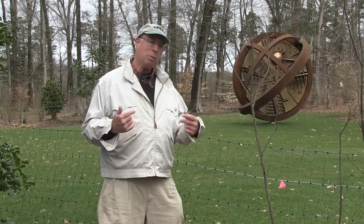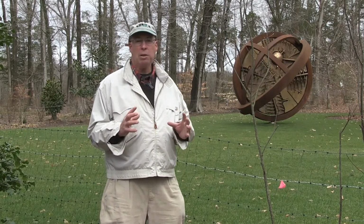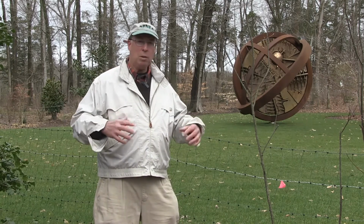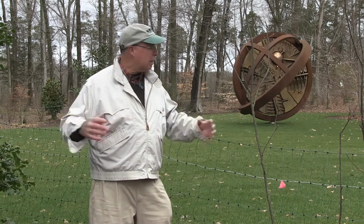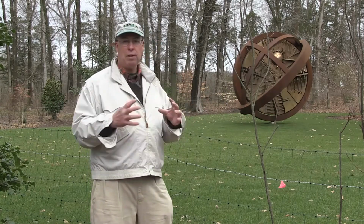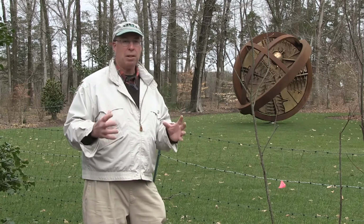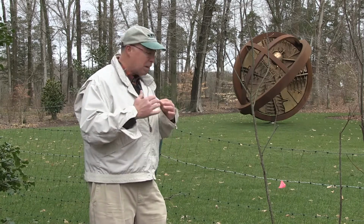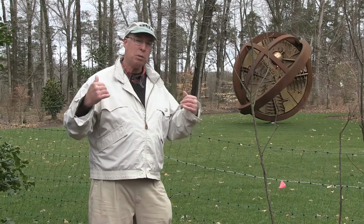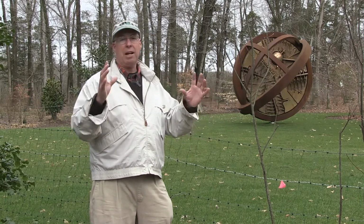So I spoke before about the sculpture having to be in the proper size space. So when obviously you have a large sculpture, it needs to be in a large space. So this piece here obviously fits the scale and the size of the space that it's in. Also notice that as the grass goes right up to it, there's nothing to distract from the piece. So as you look at it, all of a sudden you're like, yes, I get it, and your full attention